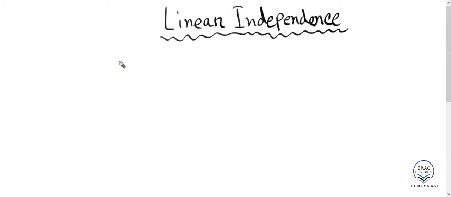Hello everyone and welcome. Today we will talk about something called linear independence. So we start off by stating that there is a vector space V. This is our vector space,